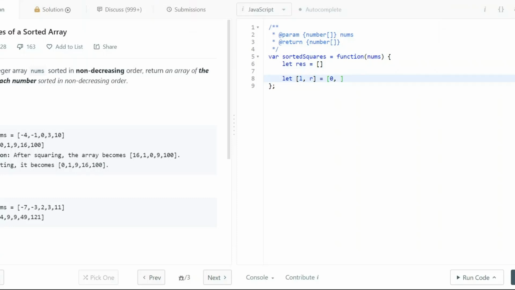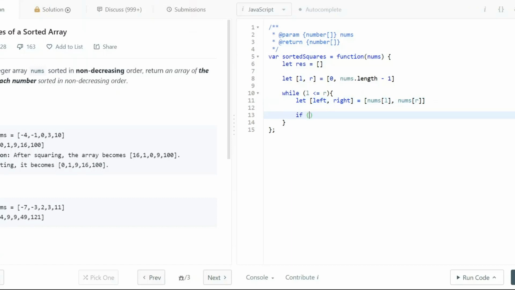Left is going to be 0, and the right pointer is going to be the length of nums minus 1. And while we are in bounds, our left is less than or equal to our right, we first want to get the numbers at the left and right pointer. We're just going to do that with nums of left and nums of right. So we want to check which number is greater and push the greatest number far behind. We're going to check the Math.abs of right. So the absolute value of right, if it's greater than the absolute value of left,